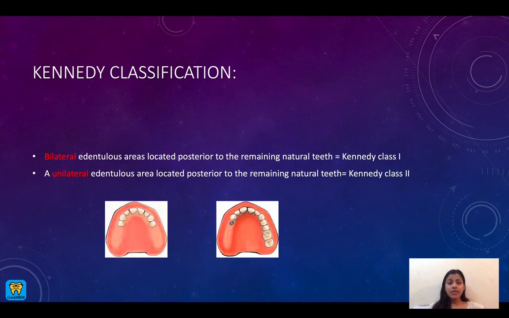So the first thing I want us to know for any RPD is Kennedy classification. One, it's going to be highly tested on the boards. Two, this is like the basis of